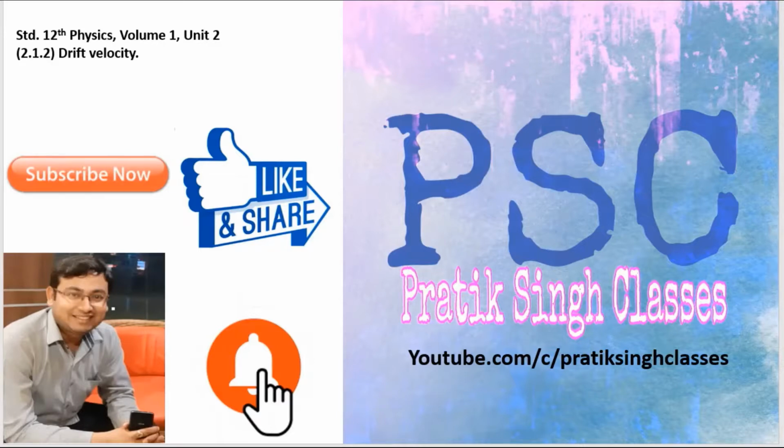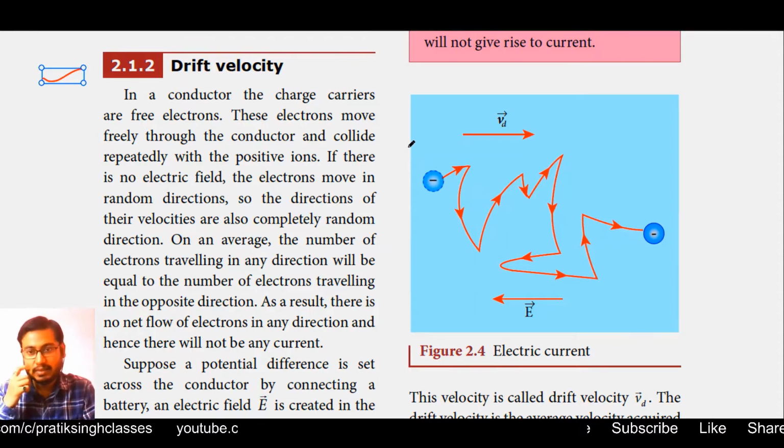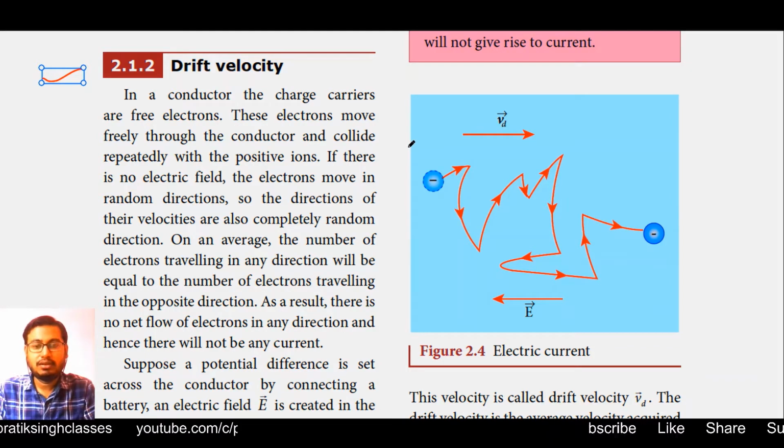Fine. So let us start our today's video, that is section 2.1.2, drift velocity. Alright, so let us start our today's class. The topic is drift velocity, section 2.1.1. In our previous two videos, first we have seen the learning objectives and introduction of this lesson. Then in the second video we have seen the direction of flow of charges and the direction of flow of current. Both those two topics are very relevant for your competitive exams like NEET or JEE. Fine. Today we will study in this particular video about drift velocity.